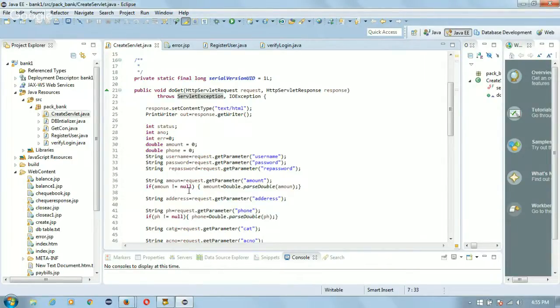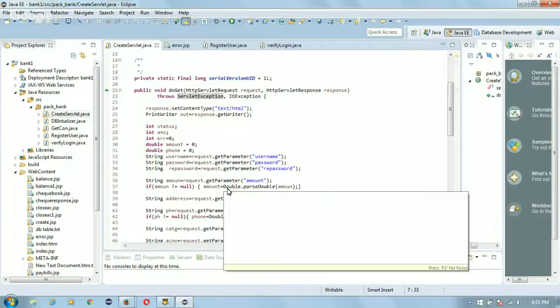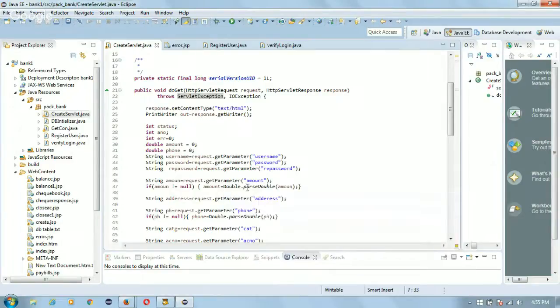If there is some value in the amount field coming to this method in this class, then what we will do is, if some amount is coming, it will come in a string format from the web pages. So there we are converting it into double. Double is a type which takes